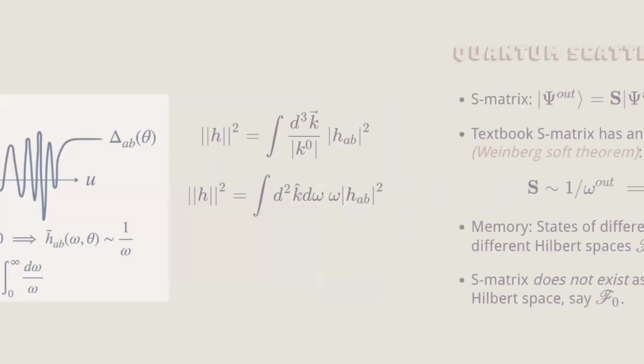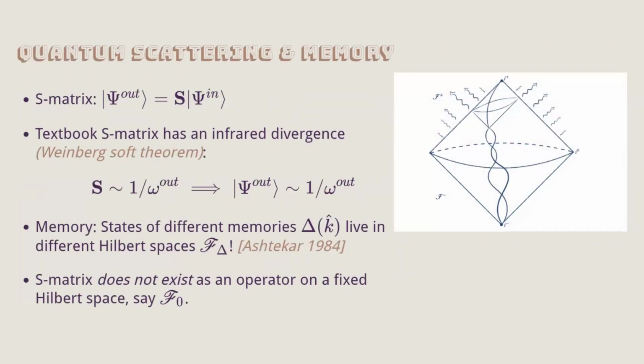So what really is happening when you quantize? This is related to what is called the Weinberg soft theorem. It's exactly the same effect. When you try to do scattering, usually you have some in-state, you act with the S matrix operator, and you get an out-state. That's the job of the S matrix in QFT or quantum mechanics for that matter. Now, Weinberg's soft theorem tells you that if you compute these S matrix amplitudes, you get a 1 over frequency divergence.